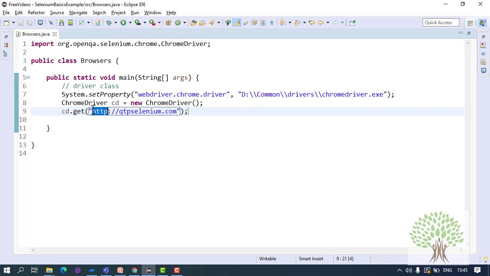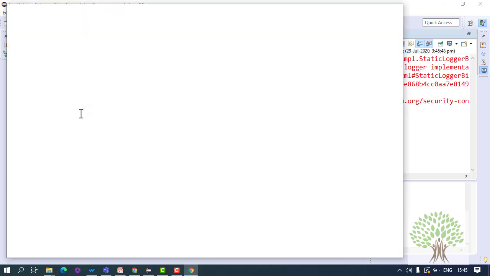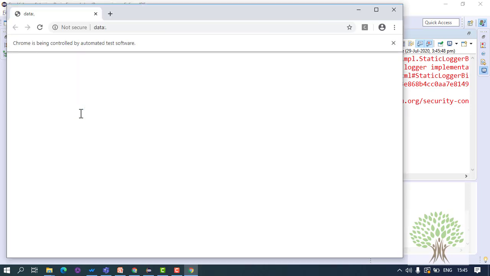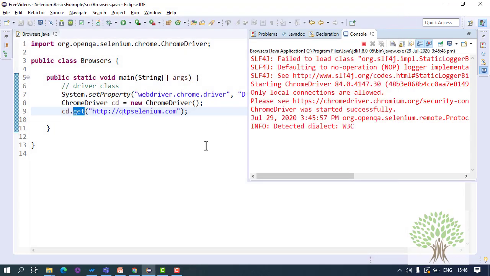Mentioning the protocol is important. If you don't mention it, you will get an error. This is not like UFT. In UFT, mentioning protocol is just optional. Fine. But yes, everything in Selenium is inbuilt. All the commands are inbuilt. That is why Selenium is just a tool which will only interact with the browser. To build test cases and other things, we use TestNG. So you see that the website had opened.